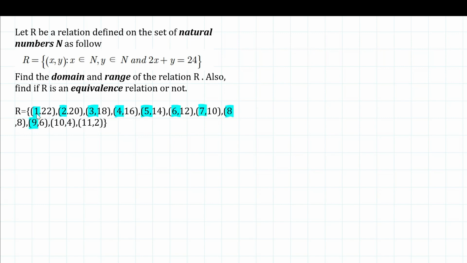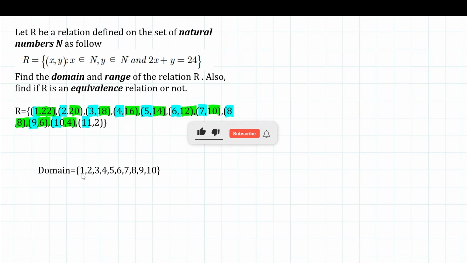So we got the domain as these numbers. The range is the set of second numbers. These are going to be our range. So if I write down the range over here,